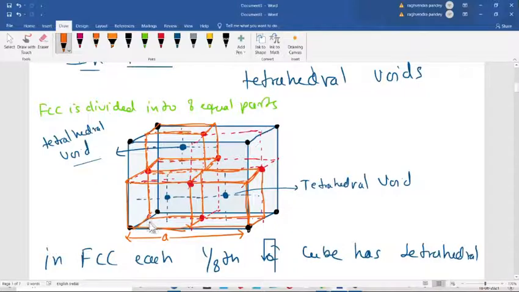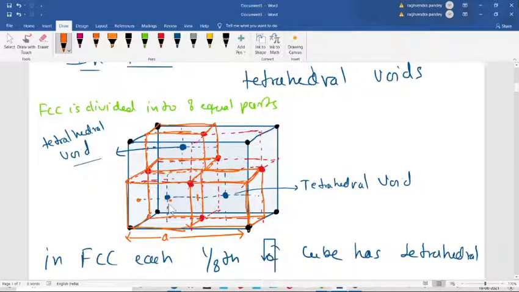What is the distance from this point to this point? It is A by 4. Yes or no? Then from here to here it is A by 4. And the distance between the two tetrahedral voids is what? A by 2, because these are the 4 equal distances.